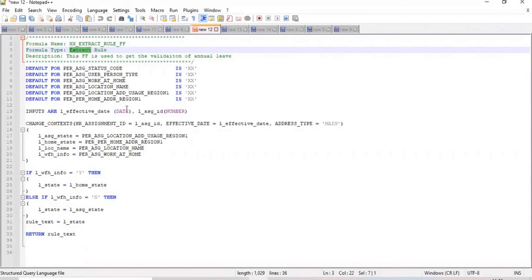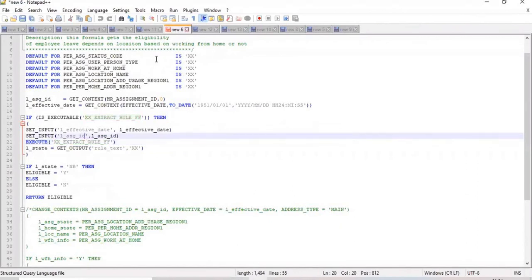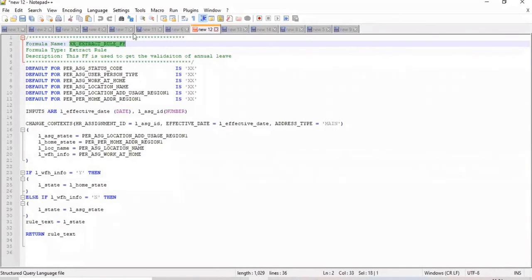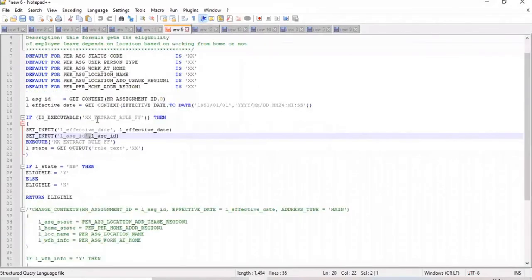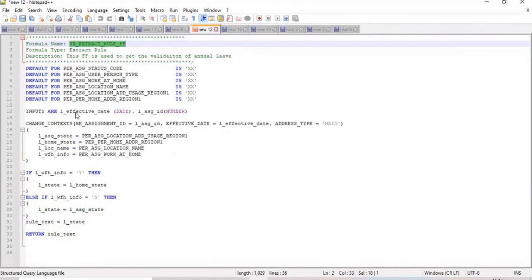So when I'm using that, this effective date is basically the value that is returned. I'm using this one in another formula. See here, I am using this formula; I am calling this formula here. Now, why is the input value here a local variable?